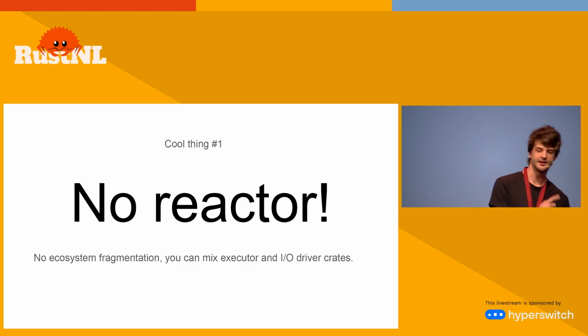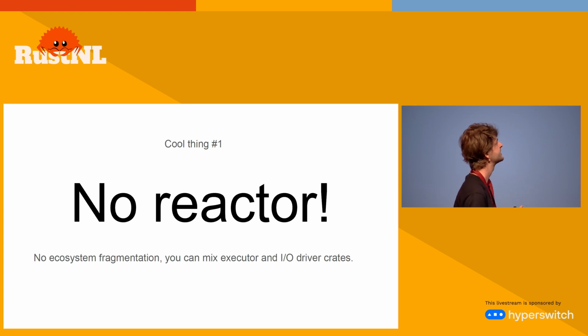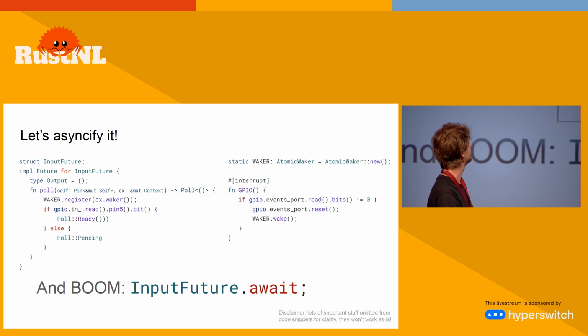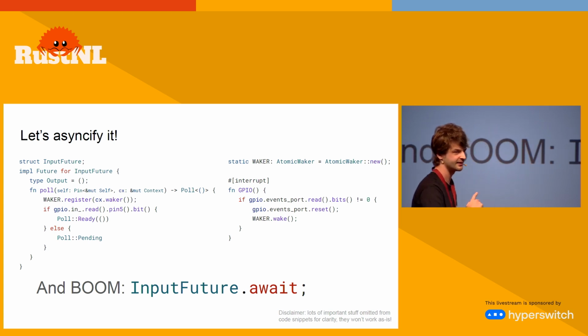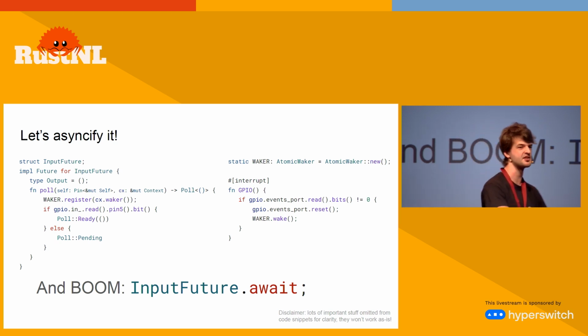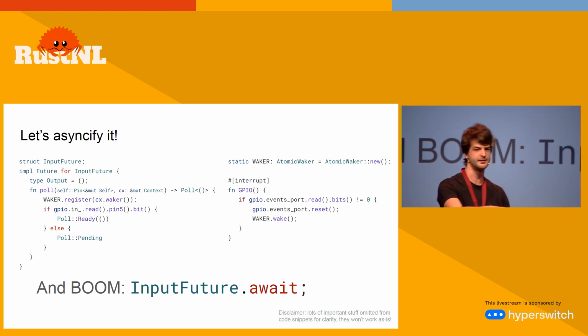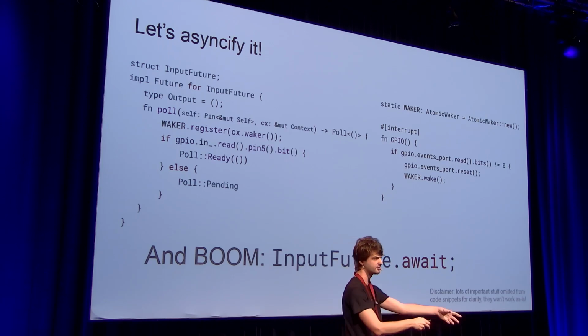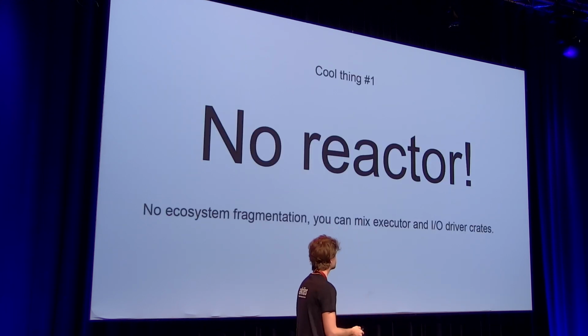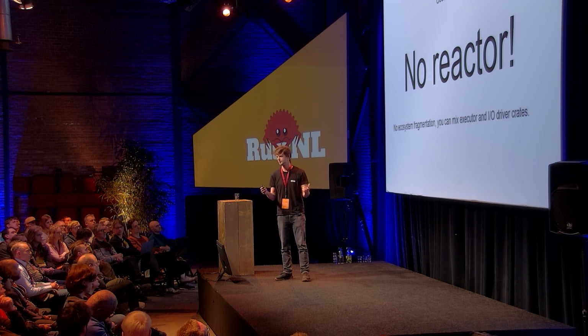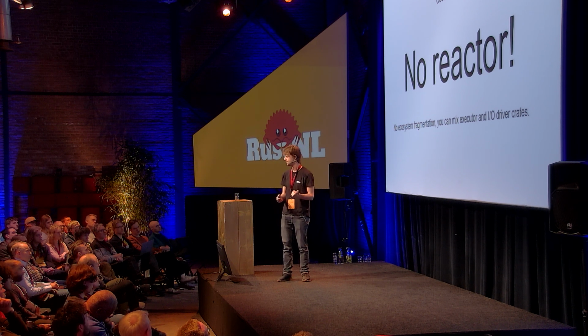So one very interesting difference between this and desktop async is there's no reactor. You might have noticed here, this is the entire implementation of the driver. There's nothing that talks to the executor saying, hey, please register this file descriptor, or hey, please wait for this interrupt. The driver is completely self-contained. It registers the interrupt handler and enables it and talks to the hardware all on its own. It doesn't need anything from the executor. So the executor is just polling tasks and then sleeping the core.